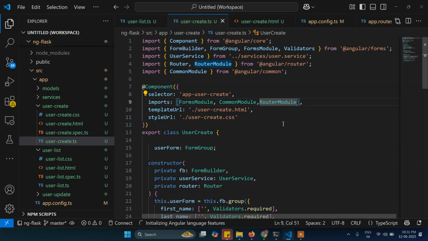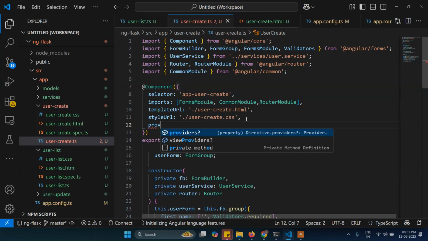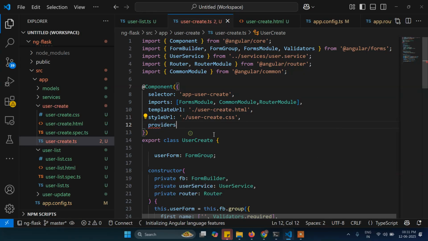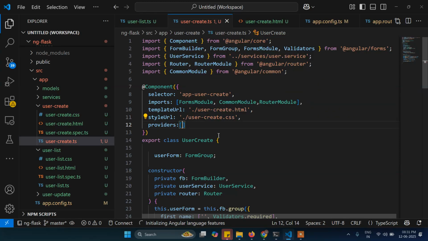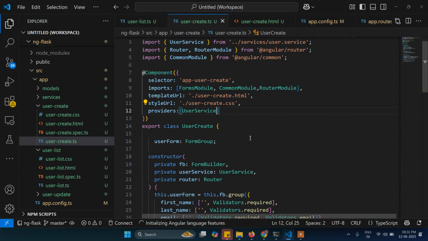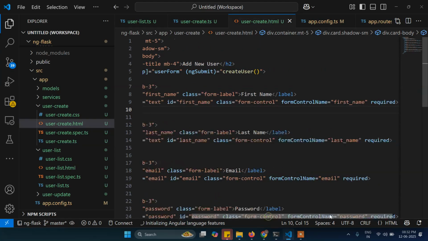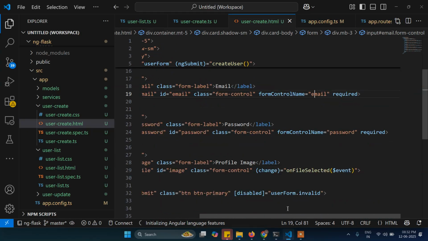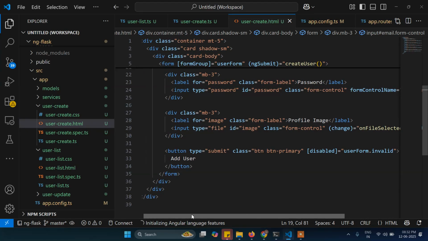Apart from that, we need to provide here our user service, no? This is our service name. So that's it. Now let's come back here. So this is form control, and then first name, last name, whatever we are putting here, all the fields here. And for image we have to write here input type file, and then our name is,